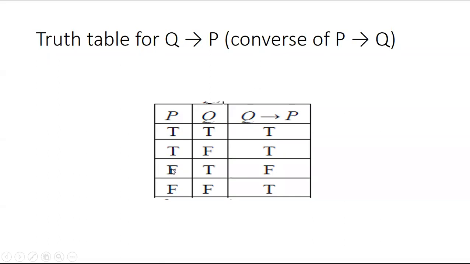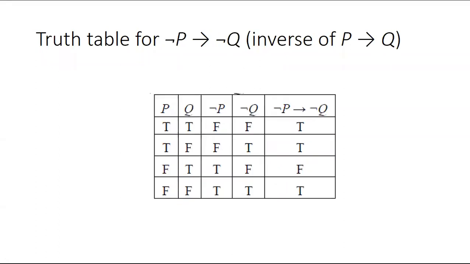Now Q value is true, P value is false: true, false, so we are going to write false here. And Q value is false, P value is false, then P implies Q is true. Only remember one thing: if we say P implies Q, true, false is false, and remaining all other conditions are true. Similarly, if Q implies P, identify where true, false is. There you put false and remaining all other conditions are true.